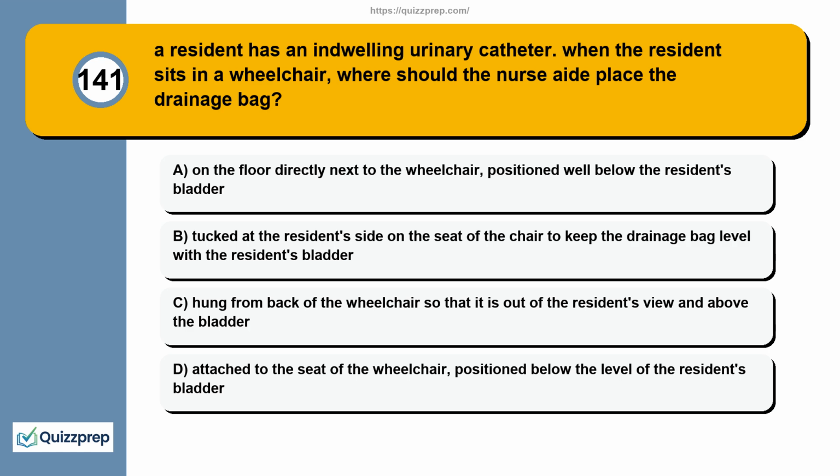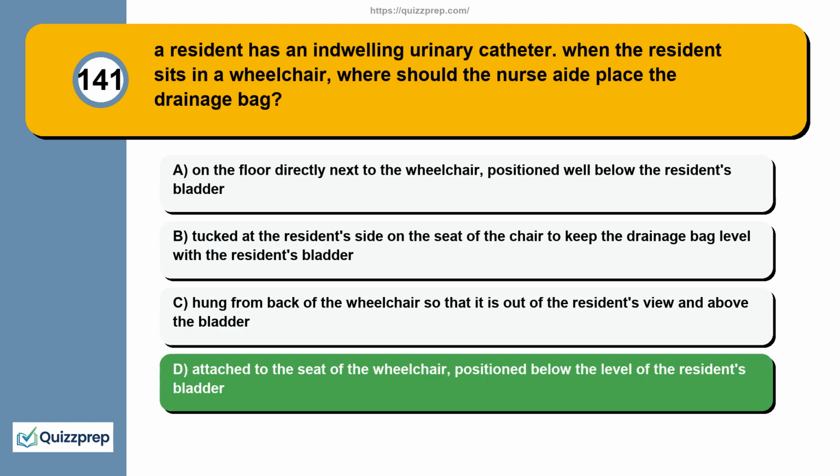Option C, hung from back of the wheelchair so that it is out of the resident's view and above the bladder. Option D, attached to the seat of the wheelchair, positioned below the level of the resident's bladder. The correct answer is option D, attached to the seat of the wheelchair, positioned below the level of the resident's